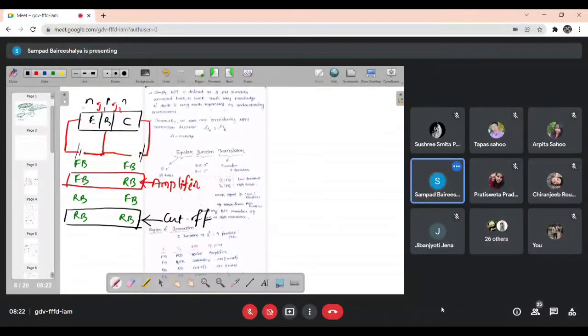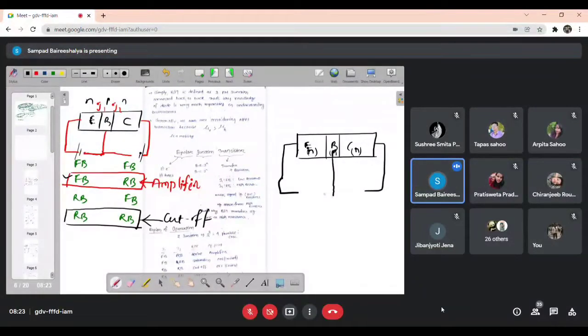Listen to this case. If this will be forward bias and this will be reverse, we'll talk about the NPN transistor, because most of the time we talk about NPN. So emitter, base, collector. Let's say this is N, this is P, this is N. Three terminals: terminal 1, terminal 2, terminal 3. इसको forward bias करने के लिए नेगेटिव को N साइड कनेक्ट करना है, पॉजिटिव को P साइड कनेक्ट करना है।